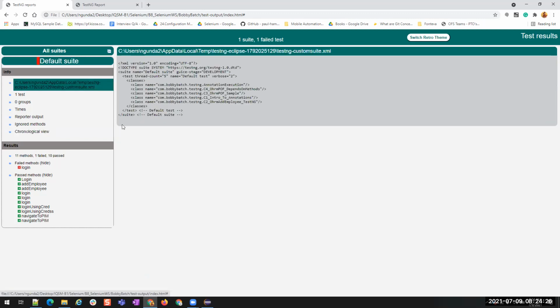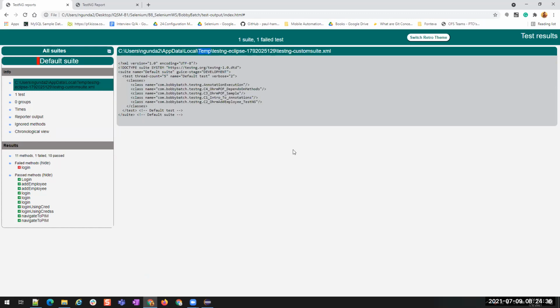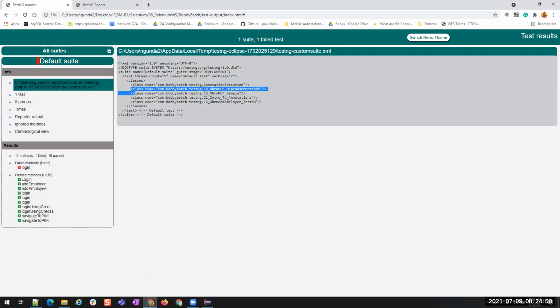Because the XML file looks like this. Understood? All the classes are automatically added here. I did not add anything. This is a temporary XML file, you see? Temp. Okay? So is that clear? How do we perform batch execution? The similar XML file, we are going to create and write our own classes there and perform the batch execution. That we'll see in our next session, which is on Monday. I mean, our Monday, your Sunday night.